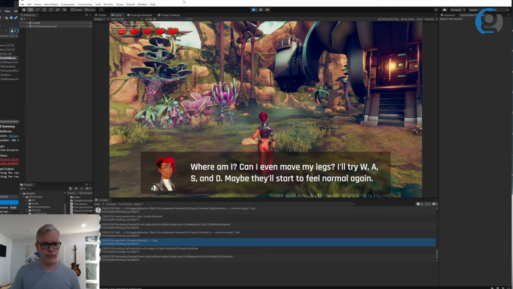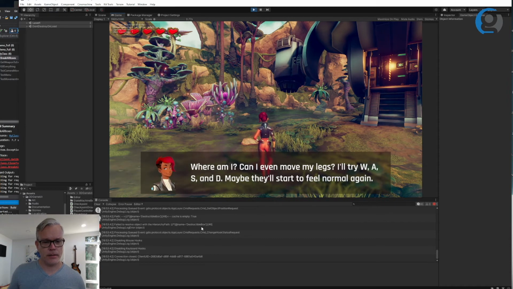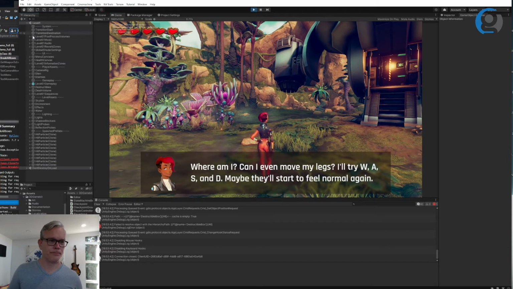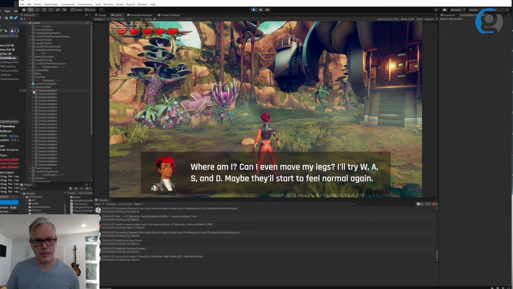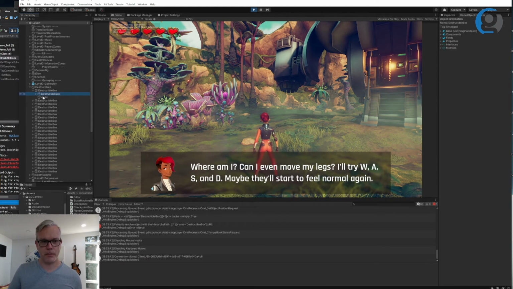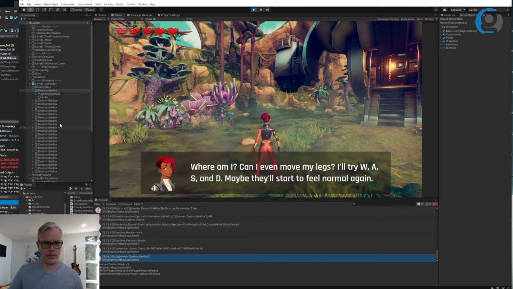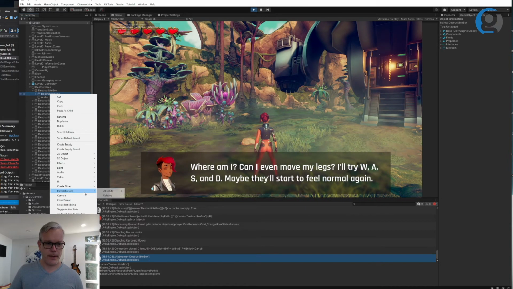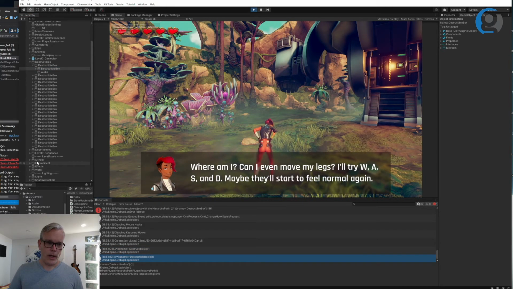Okay. So it appears: failed to resolve object hierarchy path destructible box 46. Let's take a look. In the destructibles, we have all of these destructible boxes. And as I described earlier, there's a bit of a problem here. We've got destructible box with a child of destructible box. So if I look at the first one, the hierarchy path relative is destructible box. If I look at the next one, the hierarchy path relative is destructible box 1. So what I wanted here was